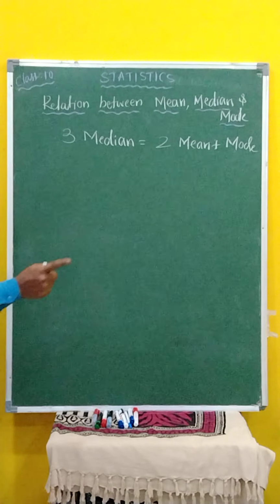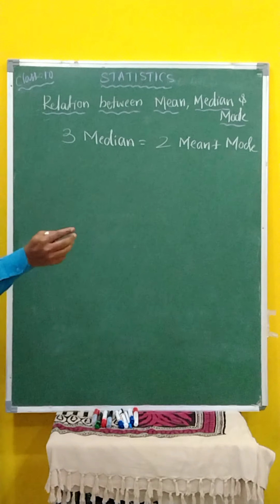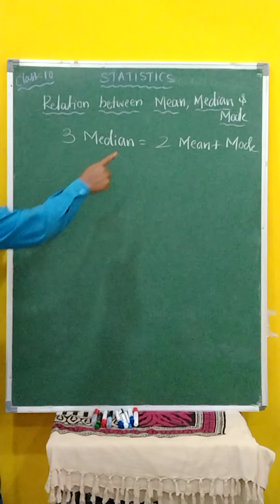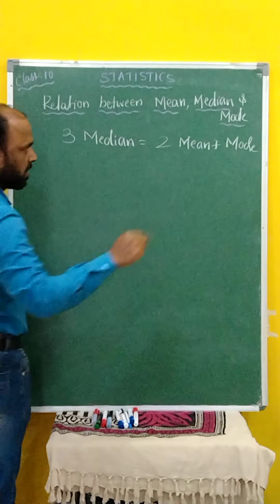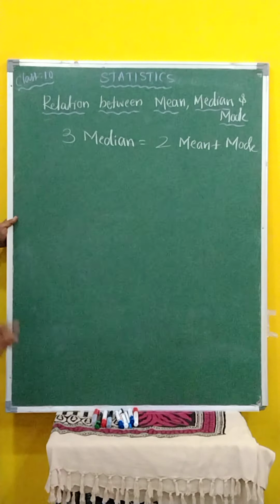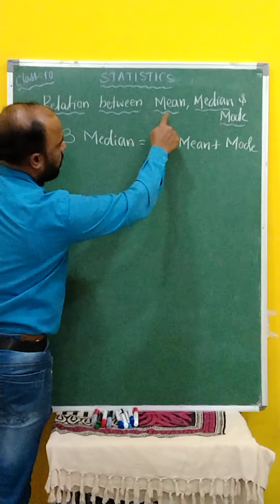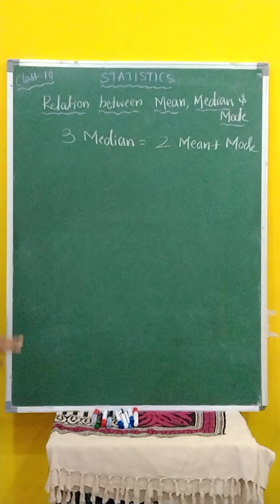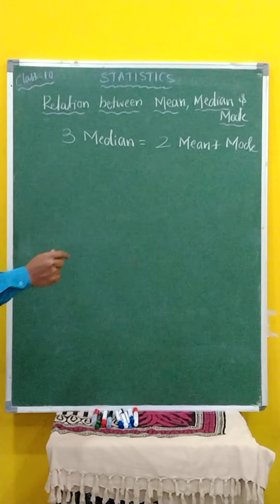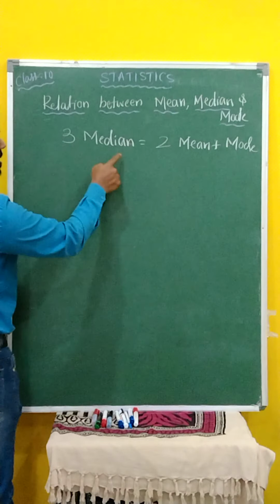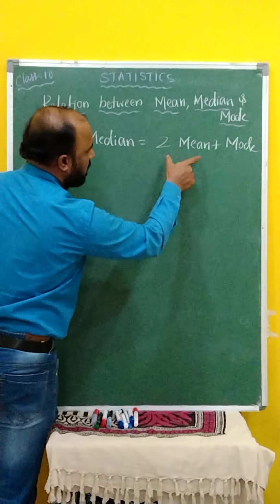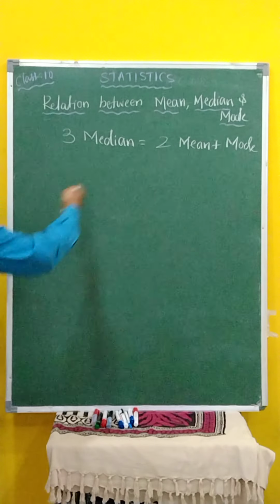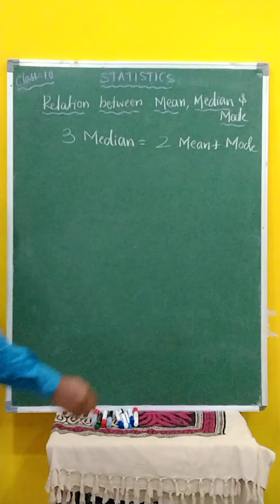Some questions are given in 14.2 and 14.3. Find all, like mean and mode, in 14.2, questions 1 to 4, and in 14.3, questions 1 to 3 are asking for mean, median and mode of the data. Okay, that is the relation. Finding the median is very simple and mode is very simple. Mean, how to find? Using this formula, this relation, you can do it.